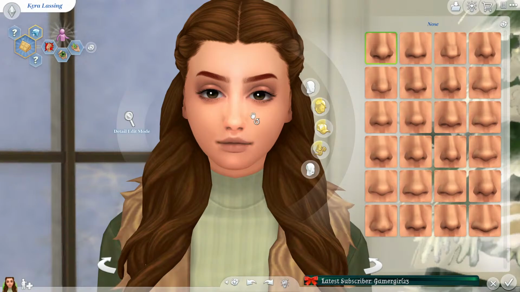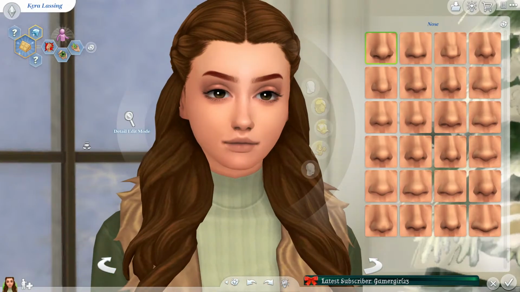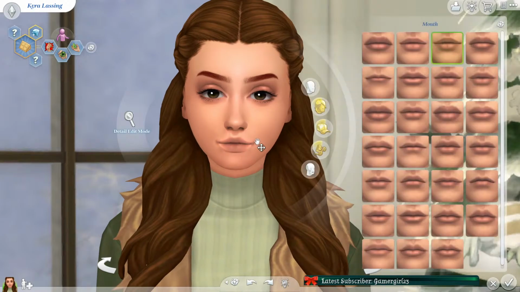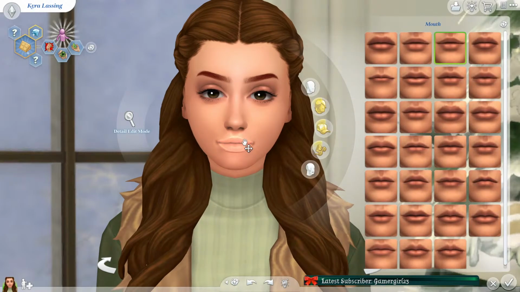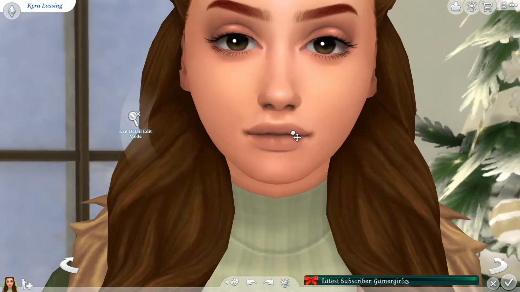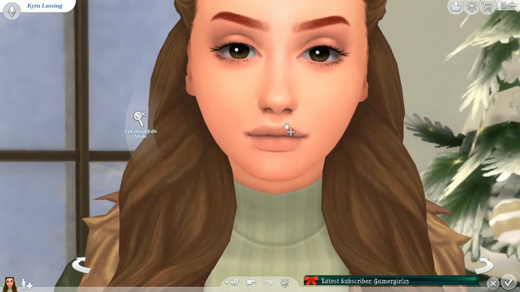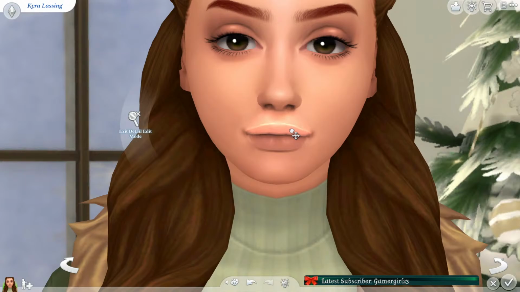Doesn't really do it with this skin overlay. Oh well. So she has thinner lips. Oops. That is not what I meant to do. She basically has no upper lip, but I feel like that's going to be terrifying to look at in a sim